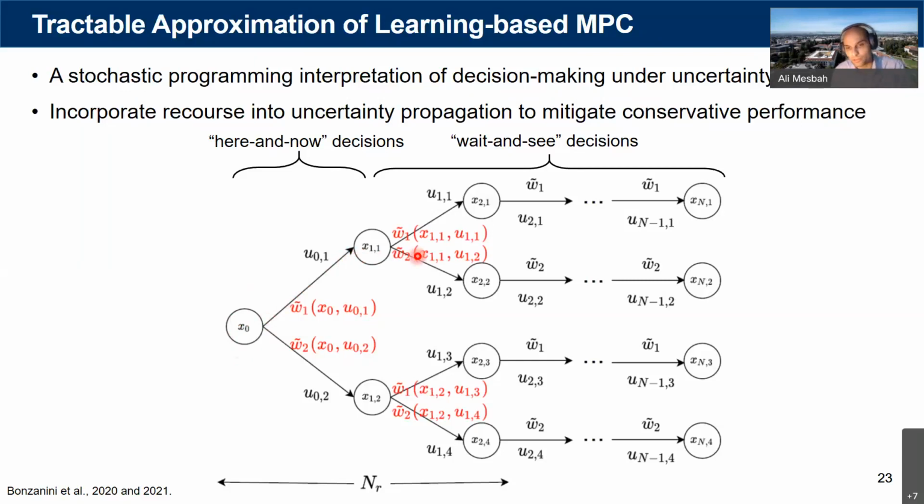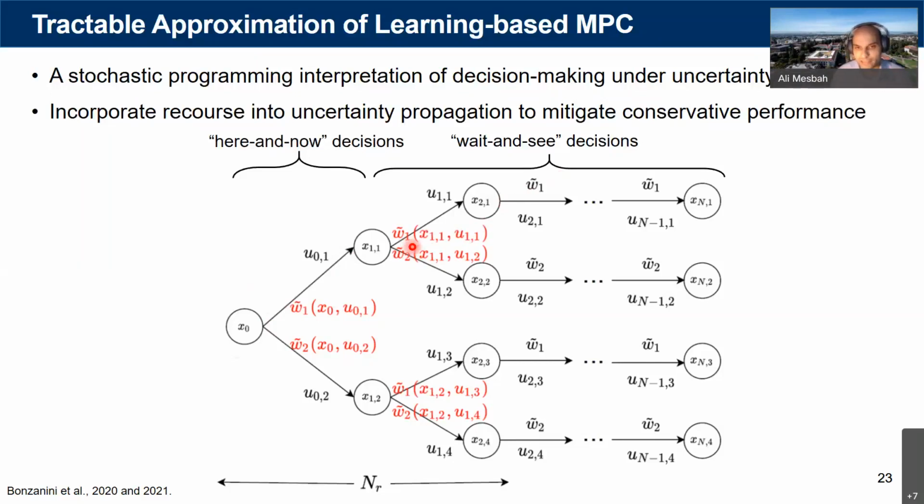So essentially, you are representing your uncertainty propagation using this scenario tree. And one thing to keep in mind here is that the size of this tree grows exponentially. Why? Because at every node you branch depending on how many scenarios or realizations you want to consider for these uncertainties. And keep in mind that these uncertainties are state and input dependent, meaning that your tree is not fixed, as opposed to a worst case scenario tree that is fixed. Here your tree is being adapted as a function of states and inputs.